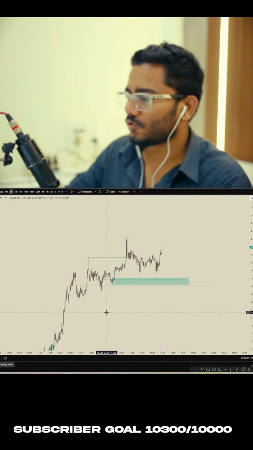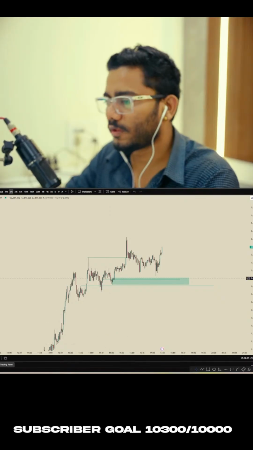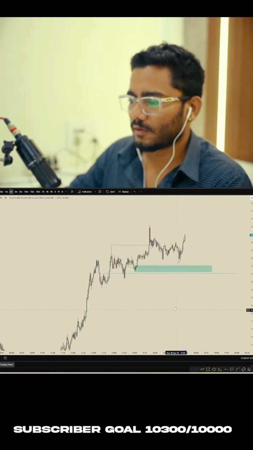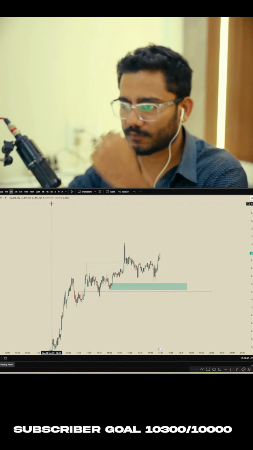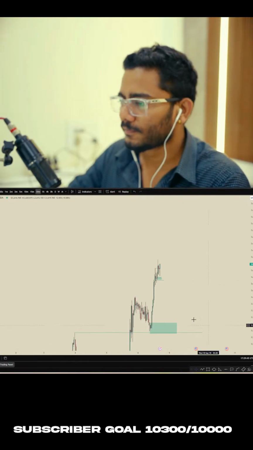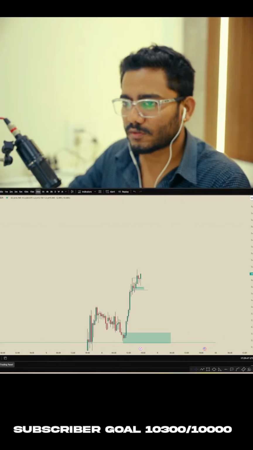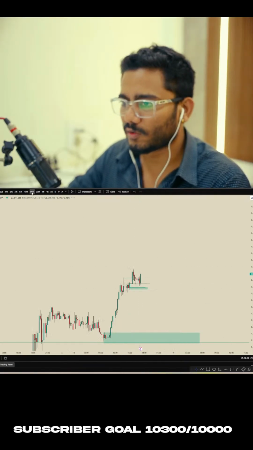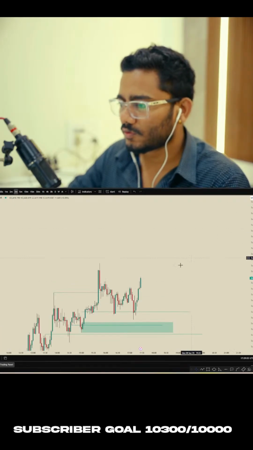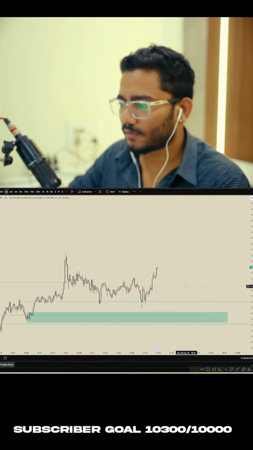Okay. So right now, if we look at gold, then price has created this trend line liquidity, but the structure is still going to the upside. If you look at 30 minutes, price has induced these lows. Price took out the liquidity from these lows and continued to the upside. So if you look at 1 minute